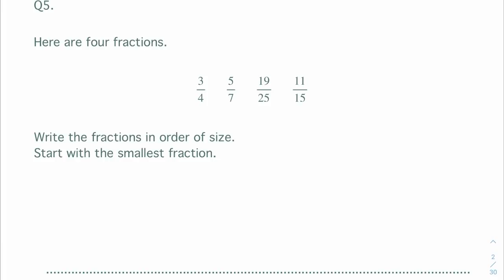Now, in order to do this, there's different ways that you could approach it. What we could do is convert them all into decimals, and that's probably the quickest way. Without a calculator, I'd be looking for a common denominator, but as we have a calculator, I can just type them in. I can type in 3 divided by 4, which comes out as 0.75. I can type in 5 divided by 7, which is